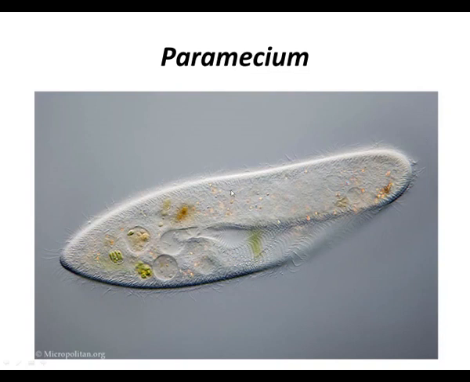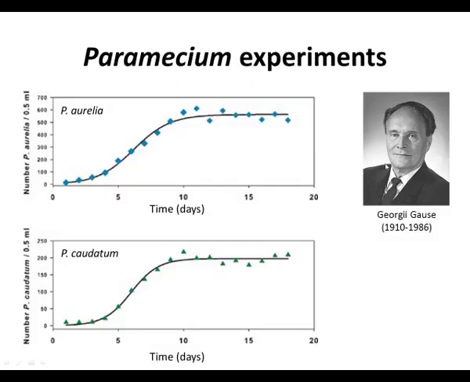And this is a very common one. So if you get some water from a nearby pond and observe it under microscope, you will definitely see paramecium. And you can easily culture these guys in the lab. So just taking advantage of those characteristics of paramecium, Dr. Gause actually did some pioneering experiments on competition. So what he did was